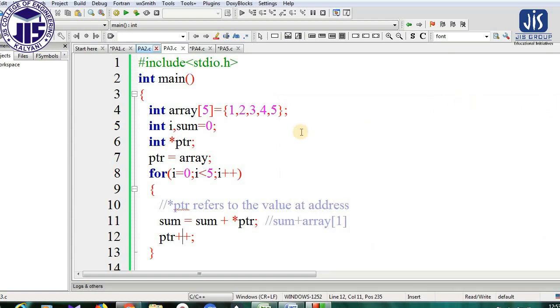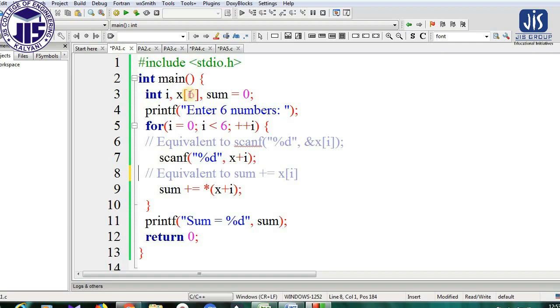Now I will show you another program. The purpose is same, find out the sum of the elements of an array, but here we are indicating an array by using the pointer by this declaration, and in this program we will do the same thing, just by changing the process of how to indicate this.